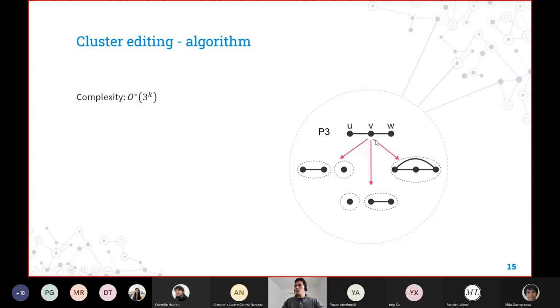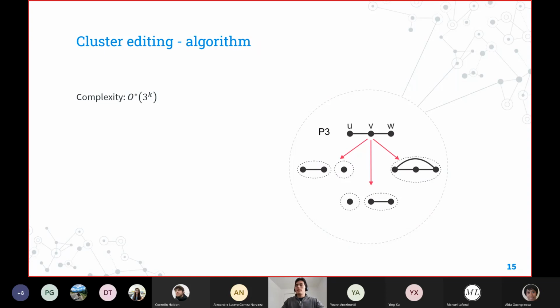Then one way to do it, if we try to transform this into a clique, is deleting one edge that we have here on the right, and then we will have 2 cliques, or one clique in here and one clique in here. A single vertex is also considered a clique. And then the other way to branch would be deleting the other edge. But the remaining possibility would be inserting the missing edge between U and W, as we see here. Then we will have the 3 possible pathways to explore in our algorithm.